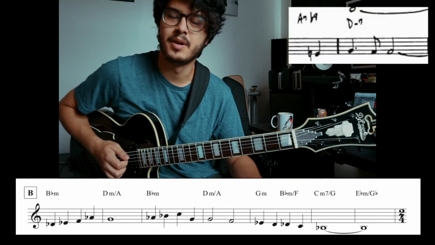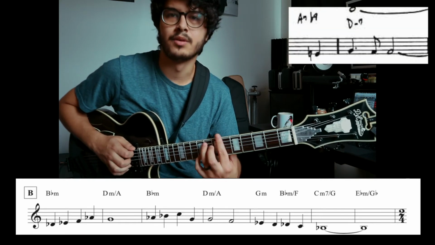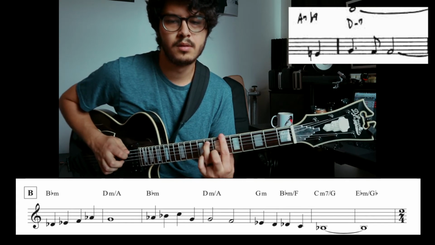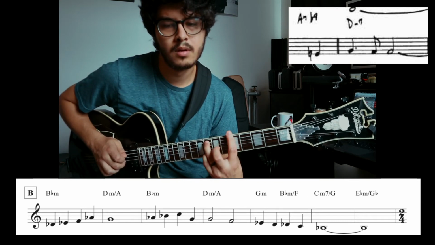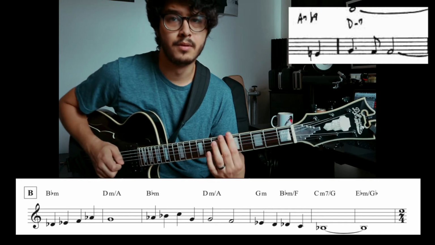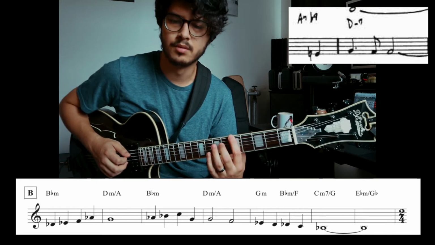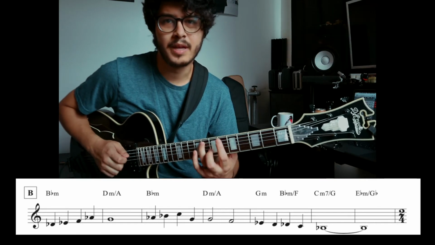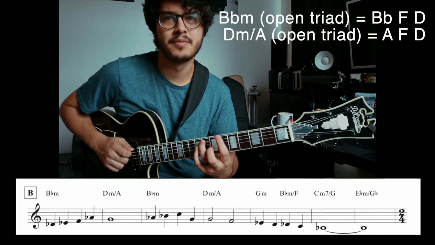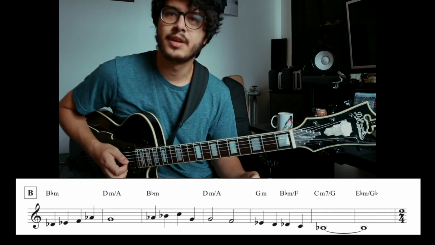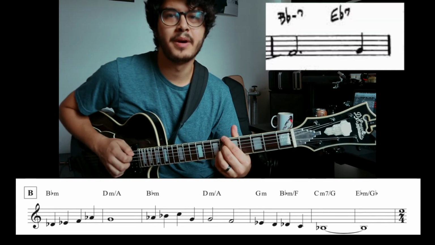And then here with the D minor 7, I decided to invert it in order to get this half step motion in the bass. So you get boom, boom. And the 5th of B flat minor, which is F, stays the same because now it's become the 3rd of D minor. So then we have our 2-5, we have our B flat minor to E flat 7,